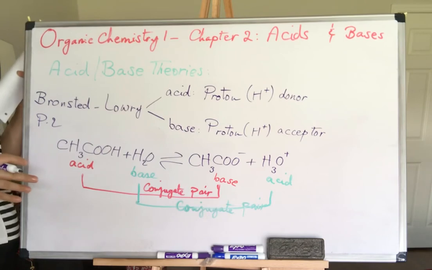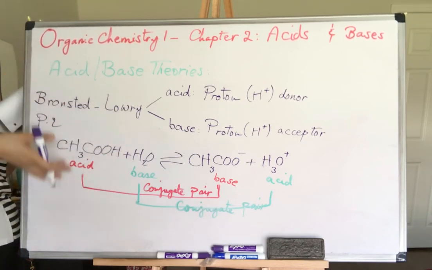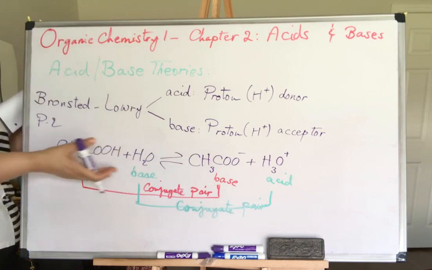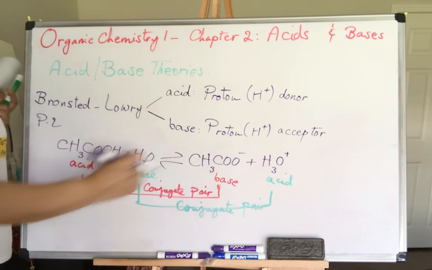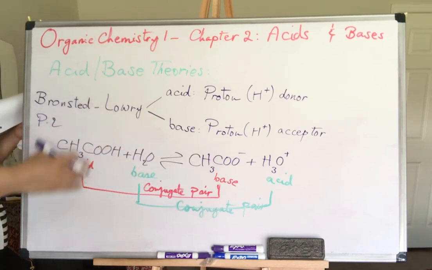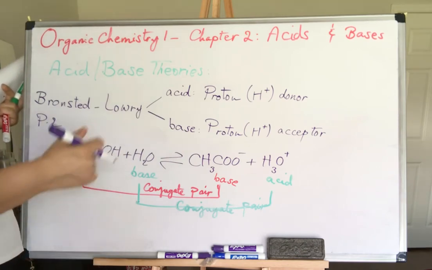So, the check for our work is that we definitely have one acid, one base, one donor, one acceptor. If we have a donor, we should have an acceptor. On one side and the same on the other side, one acid, one base. You cannot have two acids or two bases on the same side. And the relation between